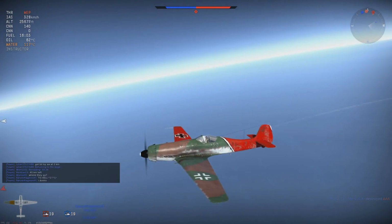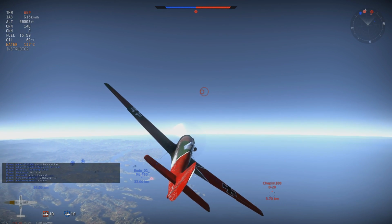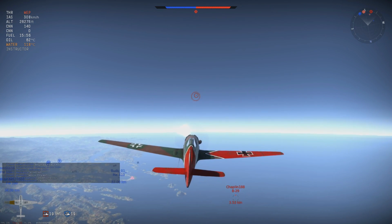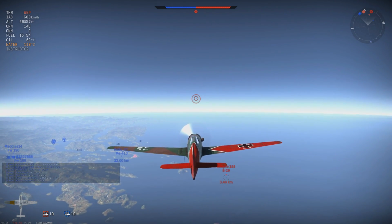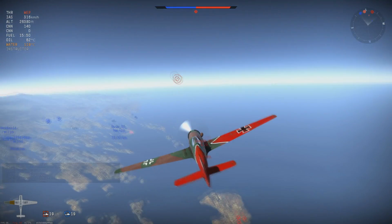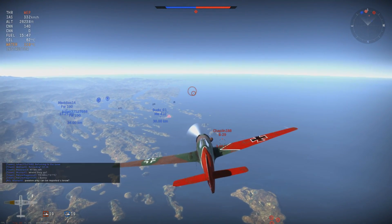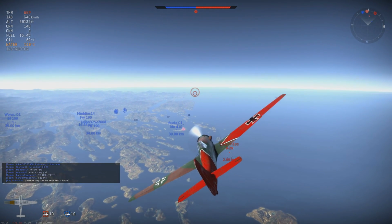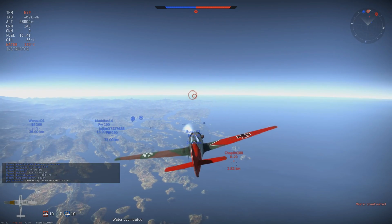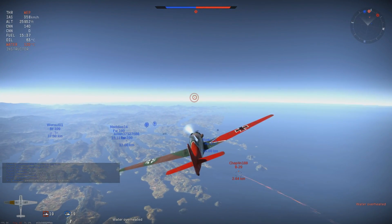Actually, that's probably the only thing I can give to the TA-152, the only thing that maybe some of its aerodynamic characteristics have been modelled with. The aircraft doesn't seem to lose as much altitude when you perform dives as other variants of the 190. It's not much of an advantage, but it can be useful in some situations. This one in particular allowed me to bring the plane back around relatively quickly, get back above the B-29 to track it, and maintain altitude above it